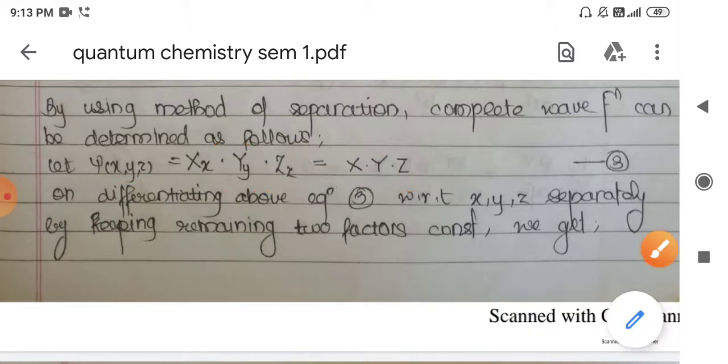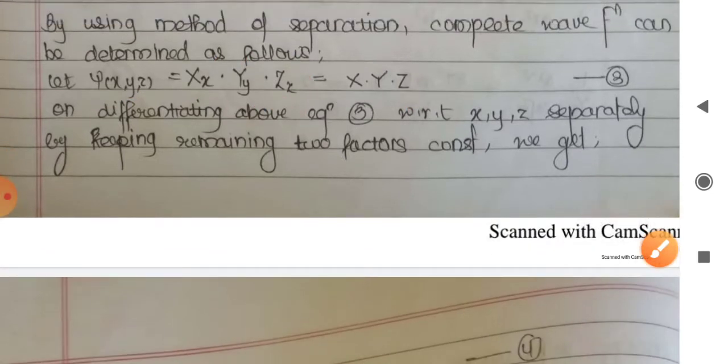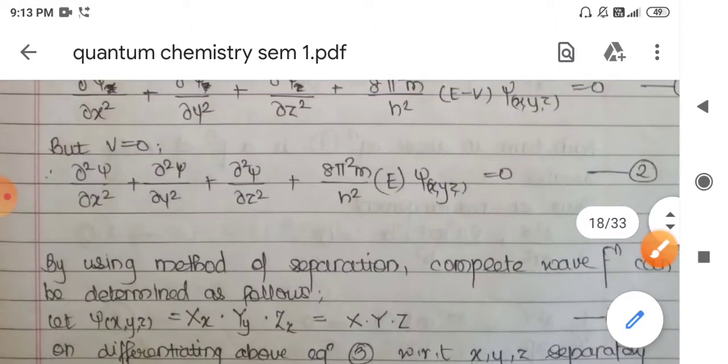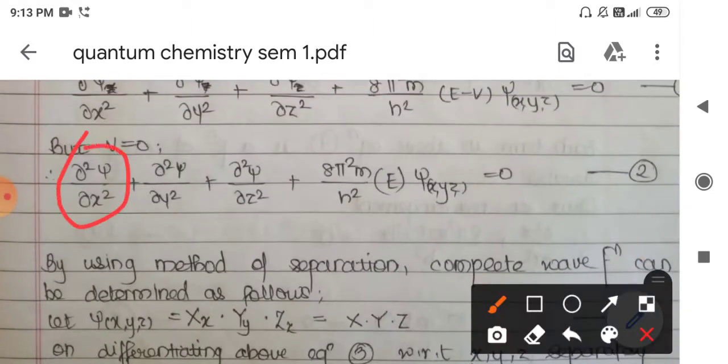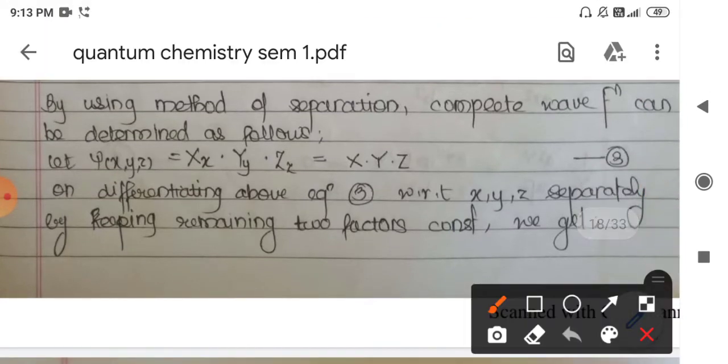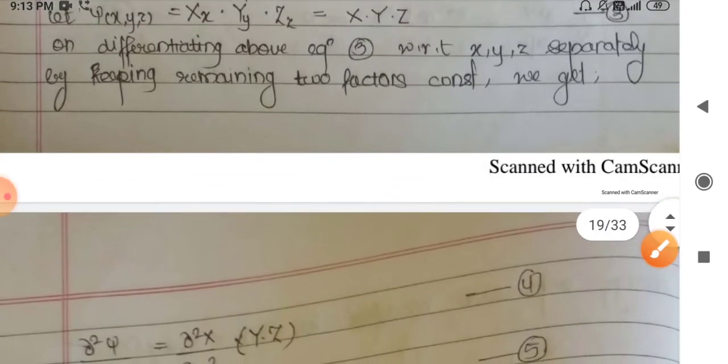Okay, so I have used three different notations for representing each function. And the overall wave function, that is psi, is the multiplication of our three functions, that is X, Y and Z. So now in order to have this simplification, that is d2 psi upon dx square, d2 psi upon dy square and d2 psi upon dz square, we need to double differentiate this equation. Because we require the value of those double differentials, so we will try to double differentiate this function.